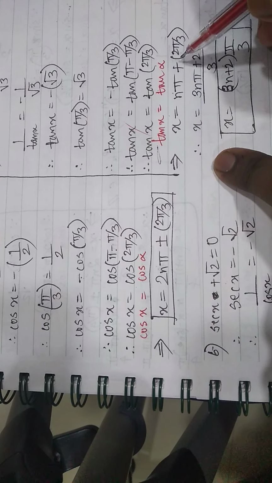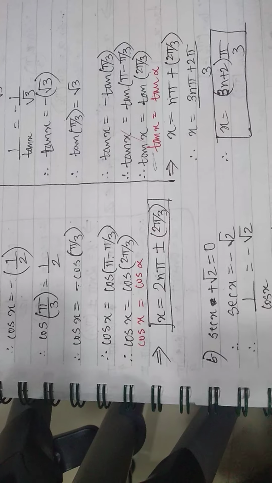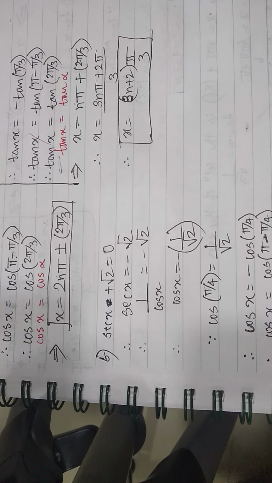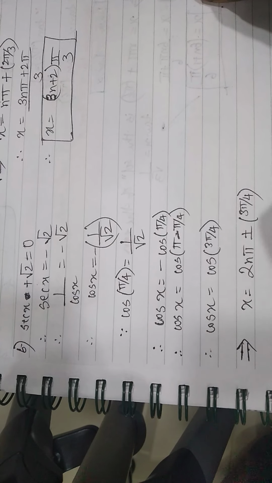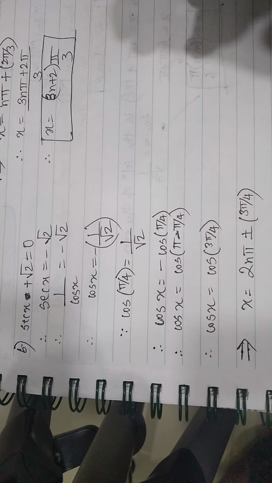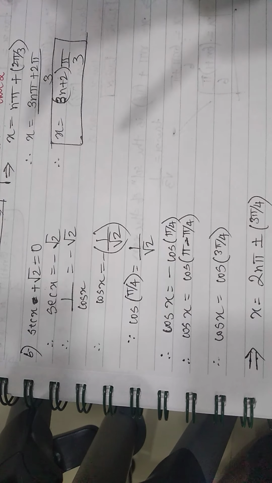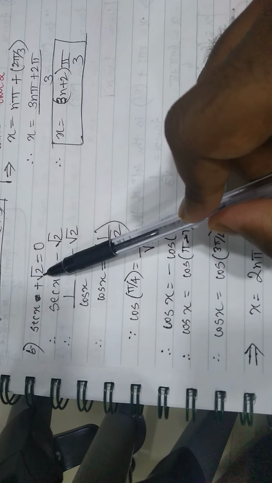So x equals n pi plus alpha. Again you can solve it and you will get this solution. Now with this problem, again I won't explain it in detail, of course I'll show it to you. As I said, pause the video for each problem so that you can write them down and then follow the explanation. Here the only difference is you have sec x plus root 2.